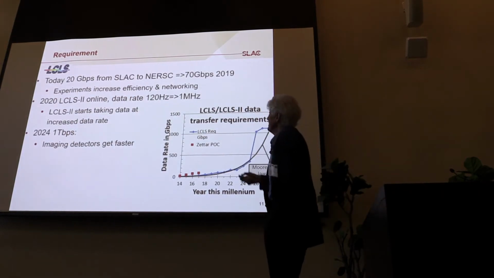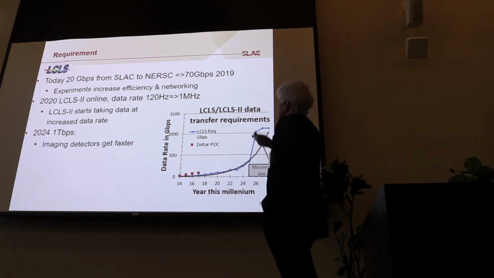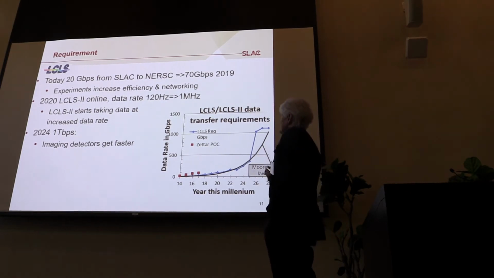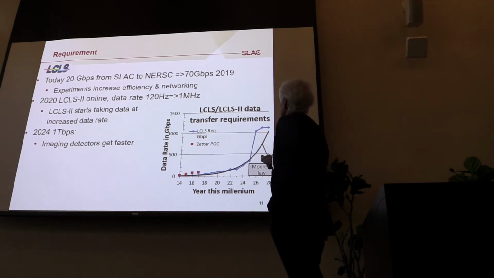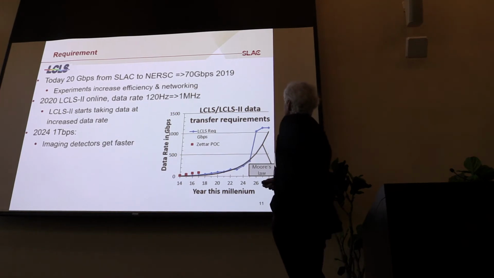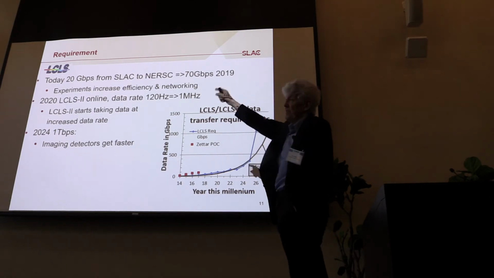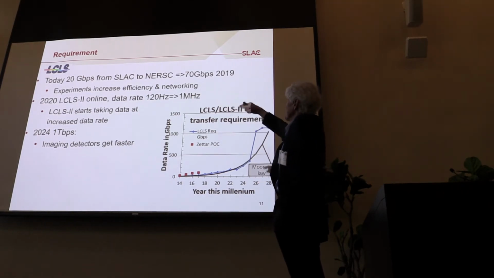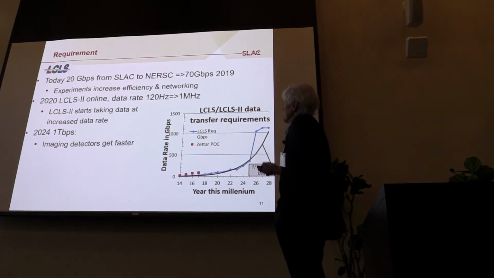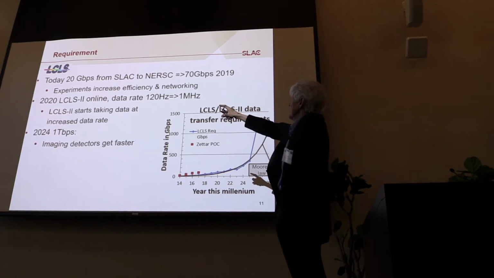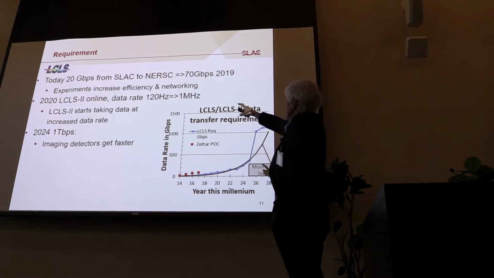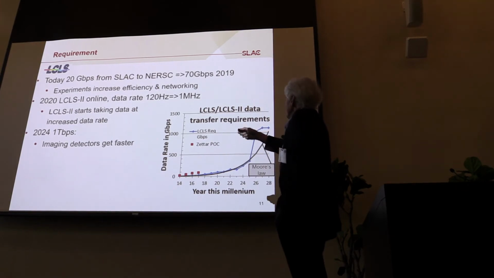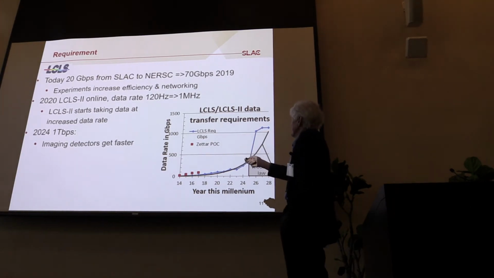So the requirement in the data transfer field is that we're currently getting roughly 20 gigabits per second from SLAC to NERSC, the National Energy Research Scientific Computing Center in Berkeley. We're planning to get to 70 gigabits per second by 2019, and this is before LCLS-II comes on. Experiments will be increasing their efficiency and the networking will be improving. And then in 2020, LCLS-II gets first light. The data rate goes from 120 hertz to 1 megahertz. And so if we look at the data transfer needs,